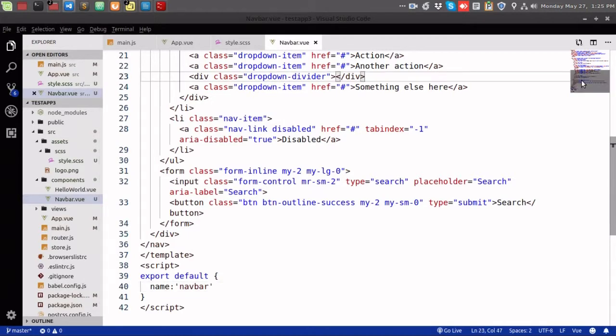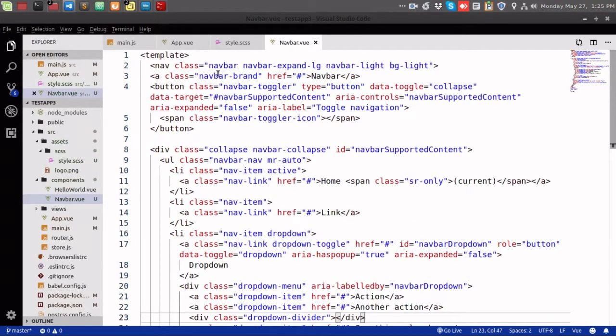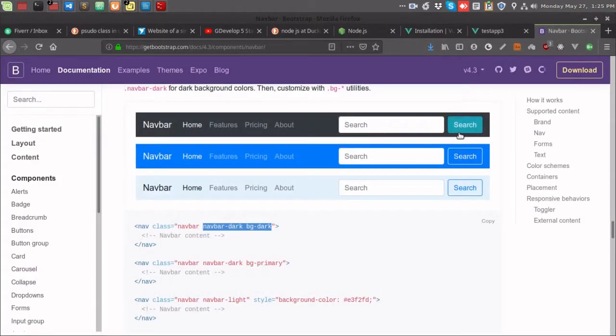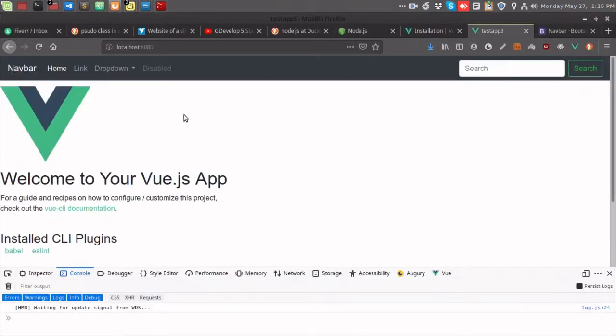Navbar. Instead of navbar light, use this. So if I save and go there, as you can see, it is on dark design. Okay,